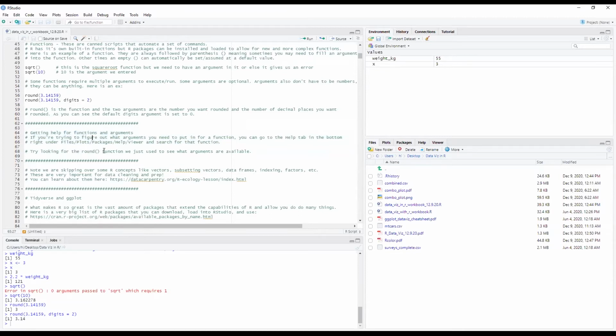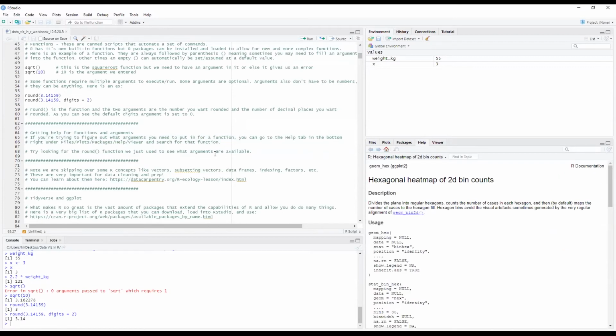So, for example, one place we can go to get help. If I see this round function in that R gallery line of code, and I want to know what it does, what arguments do I need to put into it, I can go to this help tab here and this eyeglass here, and I can go search for round.